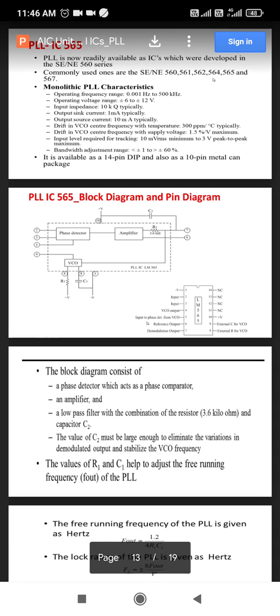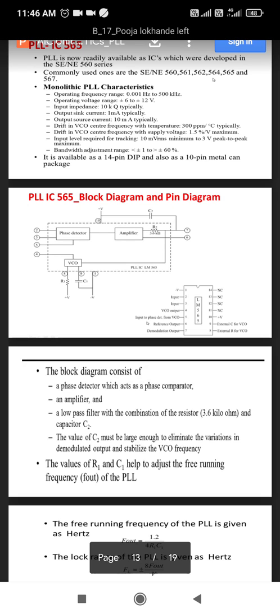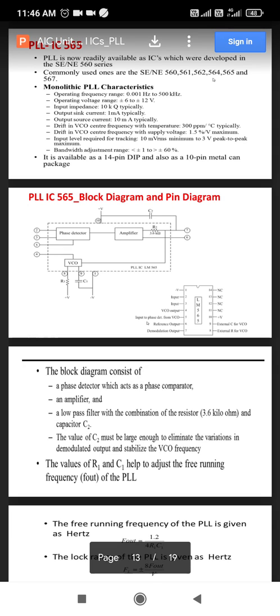Next, two input pins are available, pin number 2 and pin number 3. Any one pin you can use to connect the input signal. The phase detector has two inputs. One is the input signal, connected either at pin number 2 or 3. The other input comes from the feedback path, that is the output of the VCO, which is available at pin number 4. You connect it to pin number 5, which acts as the second input for the phase detector.